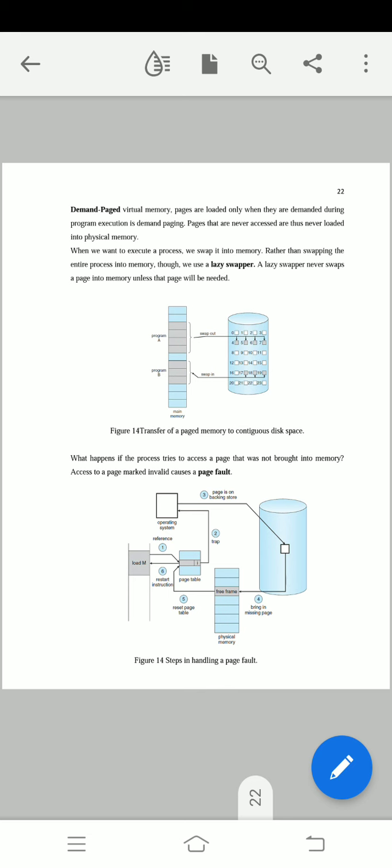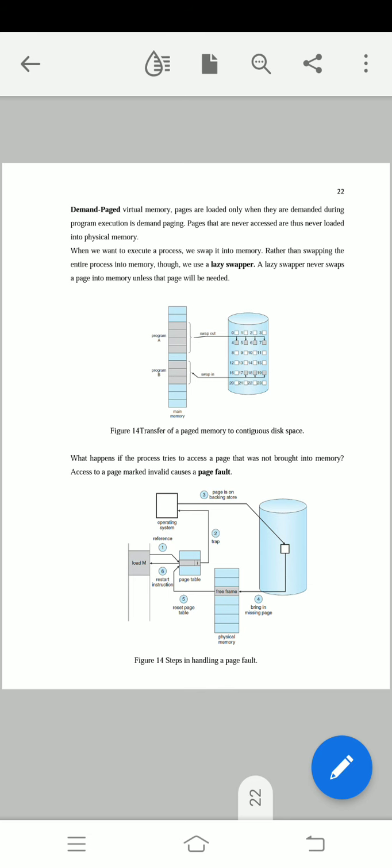The secondary memory is also called the backing store, and the requested page I can bring from secondary memory to the primary memory. When we want to execute a process, we swap into memory rather than swapping the entire process into the memory. Thus we use a lazy swapper. A lazy swapper never swaps a page into memory unless the page will be needed.